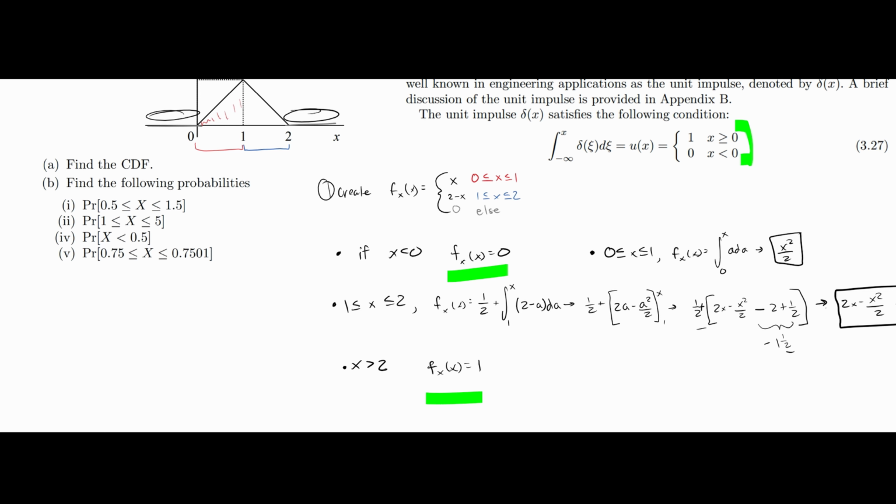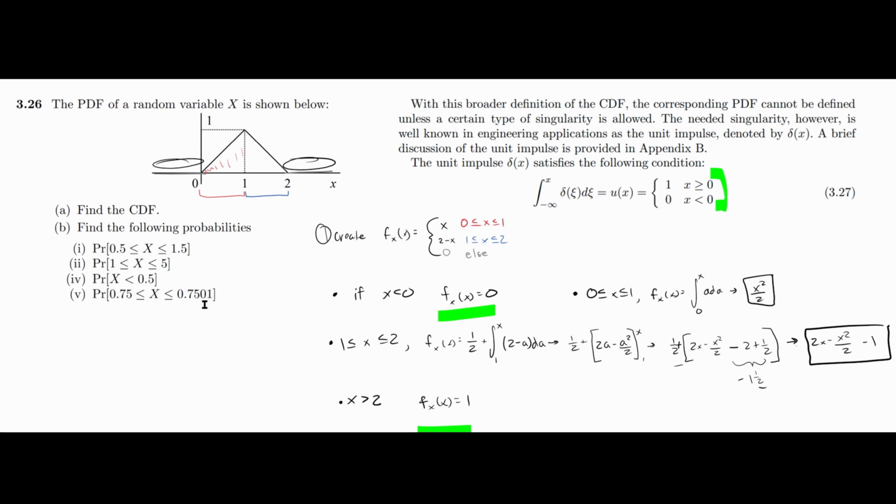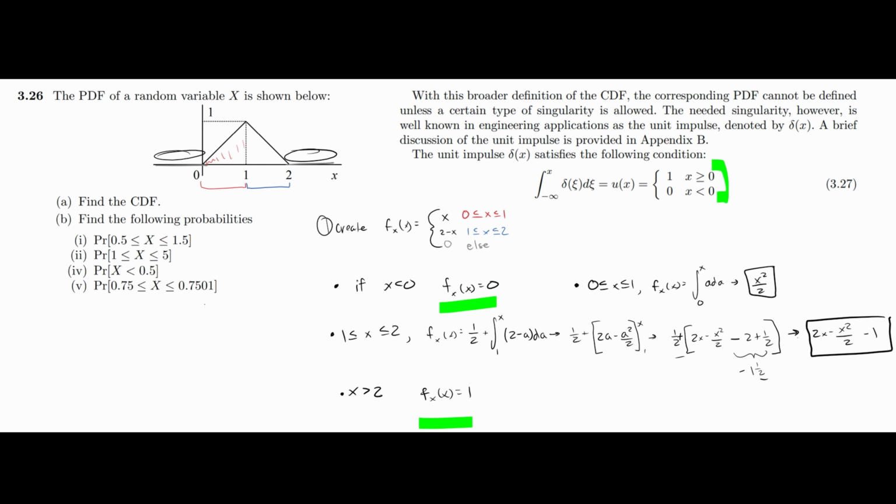So we have everything done, and we can rewrite this and zoom out a little bit so we have everything in the picture. We're going to rewrite this as the following. So step 2, the final step, is we have f of x is equal to this large brace right here. It's going to be 0 if our x is less than 0. It's going to be x squared over 2 if 0 is less than or equal to x, and x is less than or equal to 1,